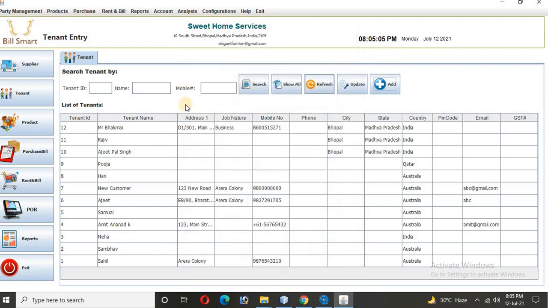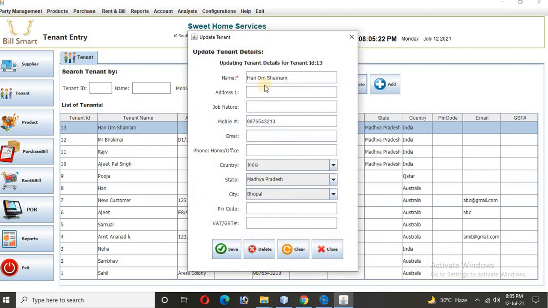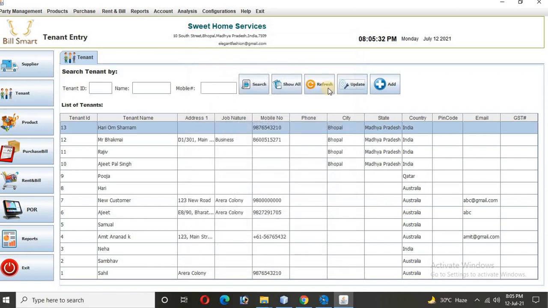Once the record is saved, meaning the tenant is added, later you can refer to it via the ID or via the name with the mobile number. So a tenant is added to our system. You can easily click on it and then update it, pretty simple. Now if I want to add an address there, for example 123 Main Road, records are easy to update. Now refresh, and we have this record here.